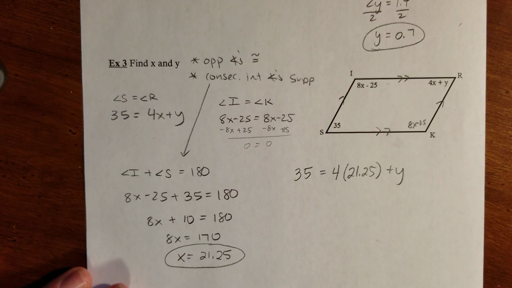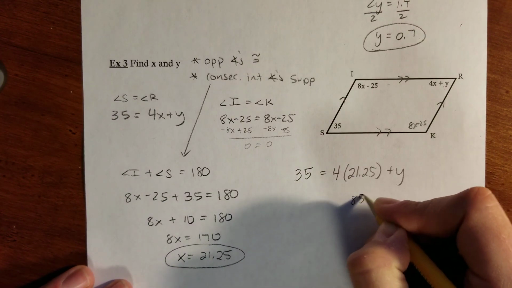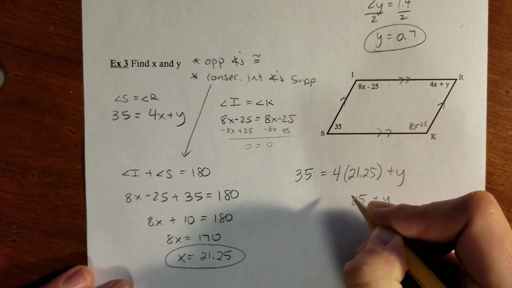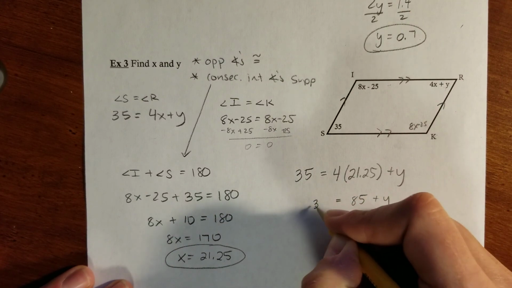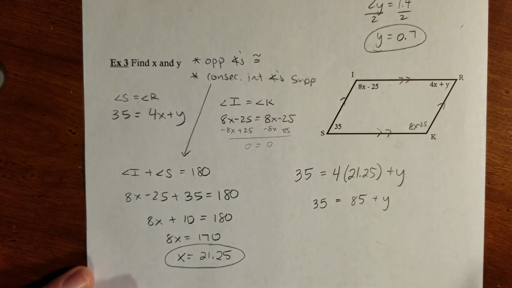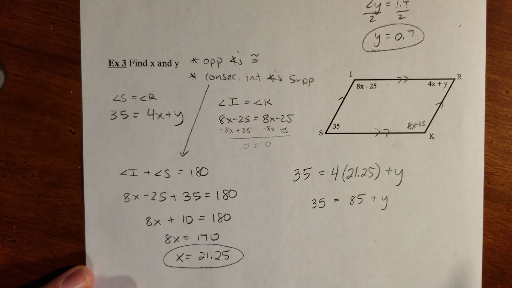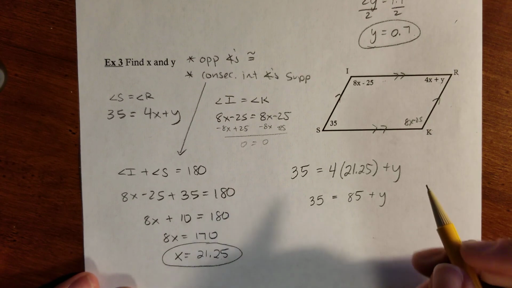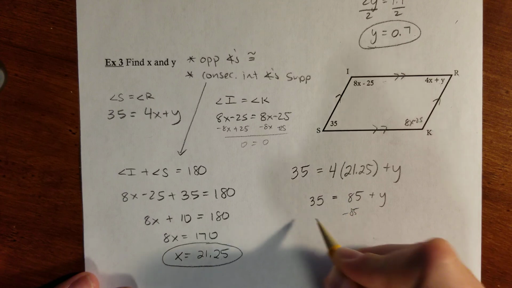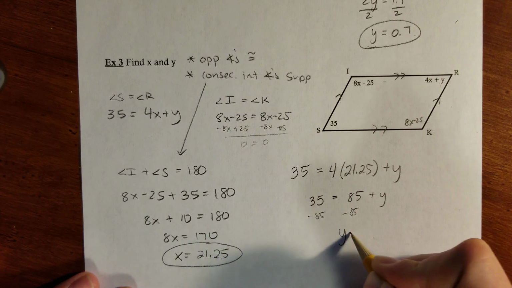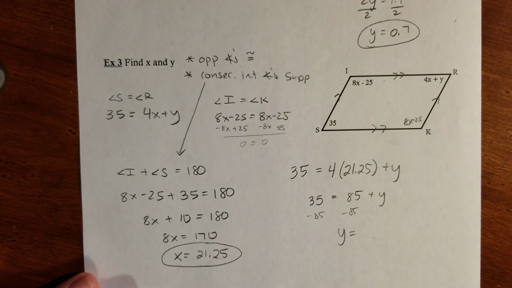So 4 times 21.25 is 85. So then we can subtract 85, and y is going to equal